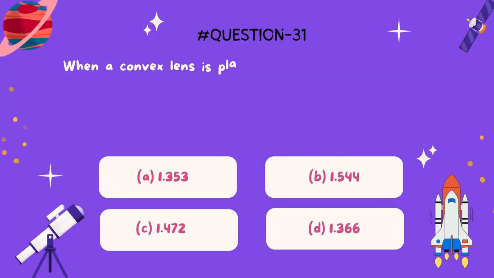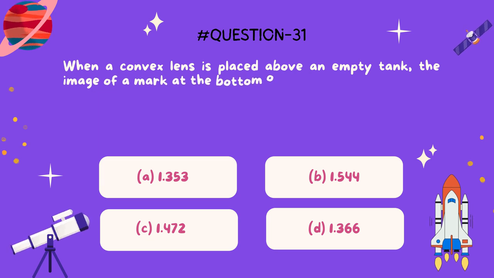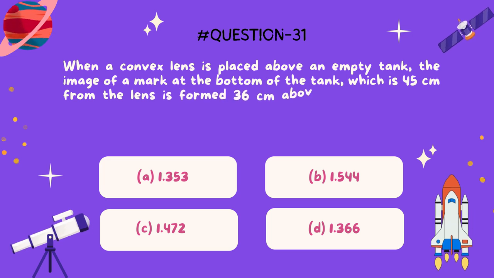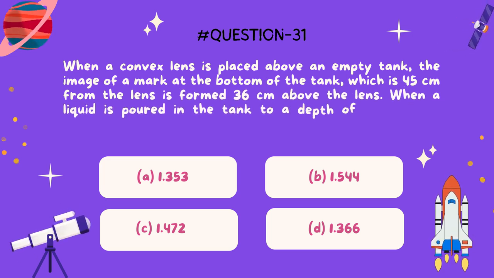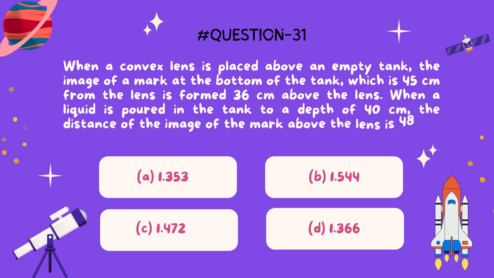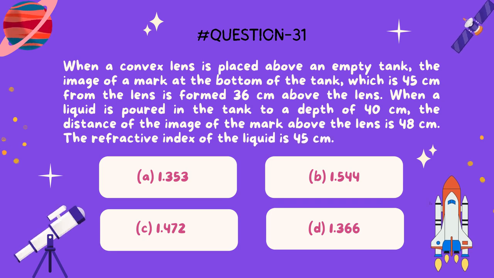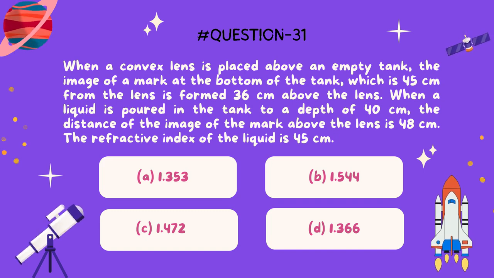31. When a convex lens is placed above an empty tank, the image of a mark at the bottom of the tank, which is 45 centimeters from the lens, is formed 36 centimeters above the lens. When a liquid is poured in the tank to a depth of 40 centimeters, the distance of the image of the mark above the lens is 48 centimeters. The refractive index of the liquid is